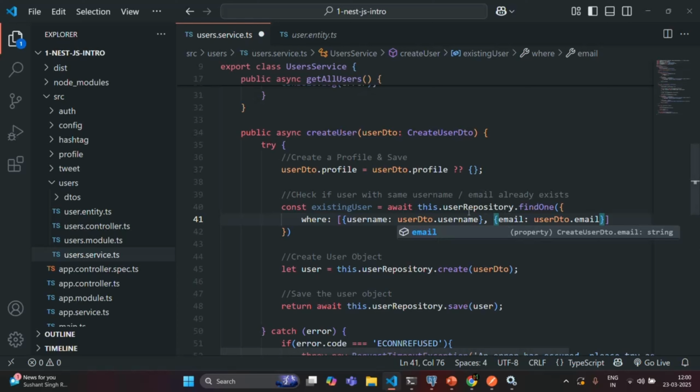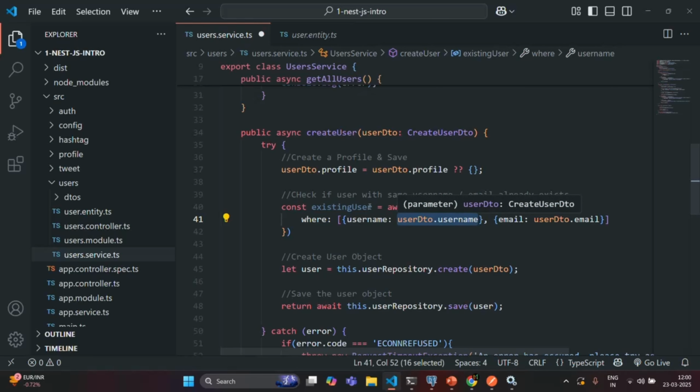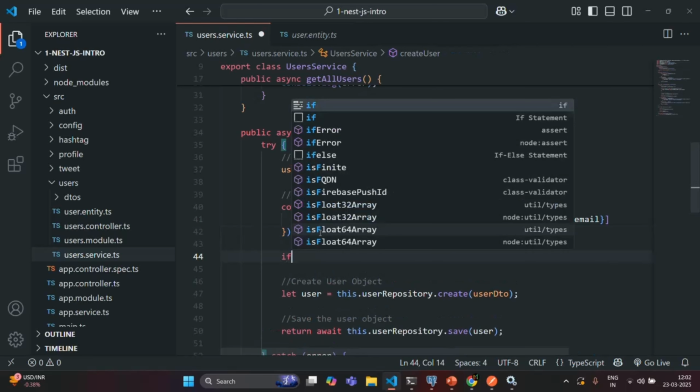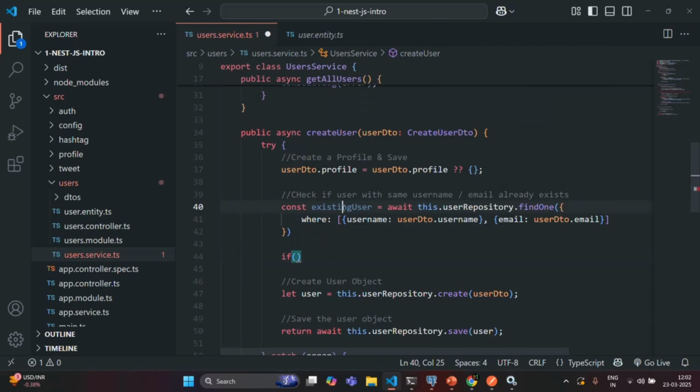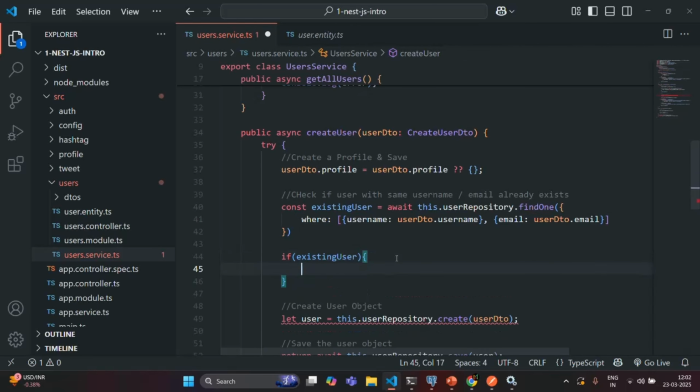So if a user with a given username, which we are going to receive in this username property of this user DTO, or a user with a given email, which we receive on this user DTO, exists in the database, that means a user already exists with that username or that email. In that case, we don't want to create that user. So here we will check if there is an existing user. If this existingUser value is truthy, in that case,